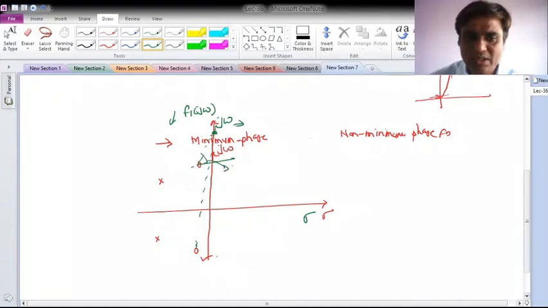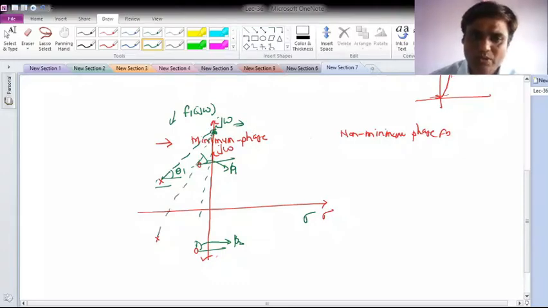Okay, so suppose this angle is phi 1 here and this angle is phi 2 here. Okay, similarly for the poles also. So this is the angle theta 1, and similarly for this pole also to the interested frequency, and this will be angle theta 2 with magnitude. Say this is m1, m2, for this zero it is n1, and for this zero it is n2, with angle phi 1 and phi 2.